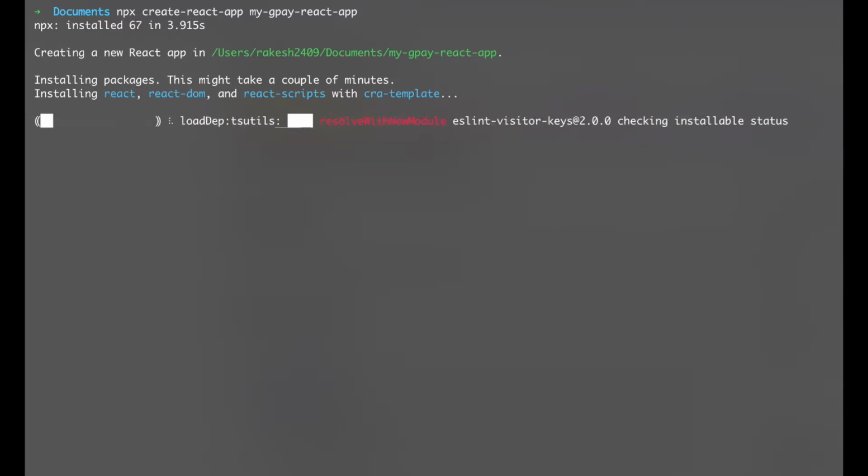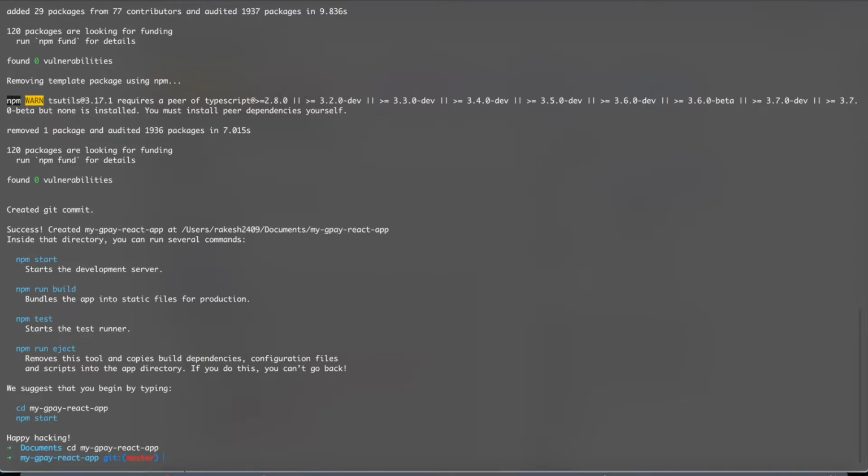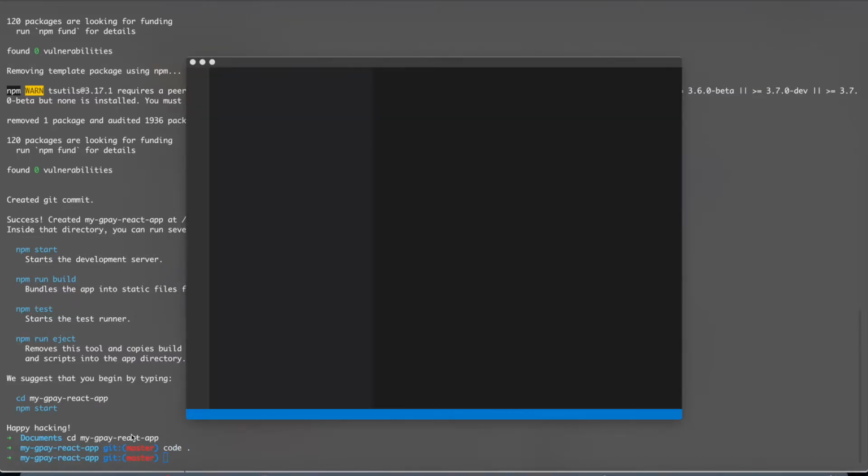Since this is taking time, let me quickly jump to the section where the app is installed and ready to use. As you see, installation has been completed, so let me go to my GPay React app and open my VS Code.